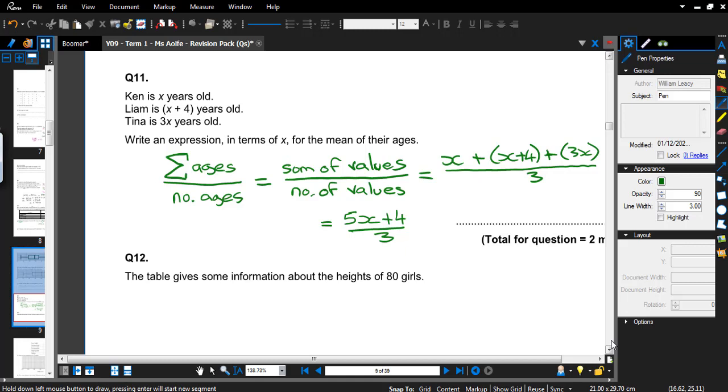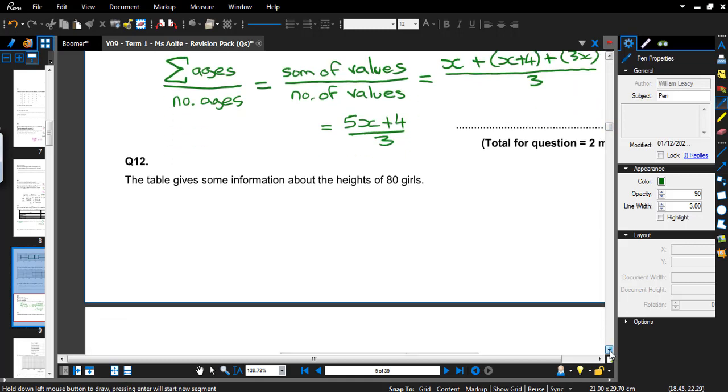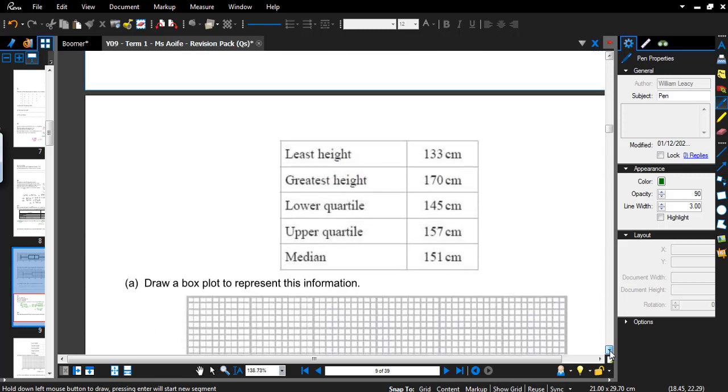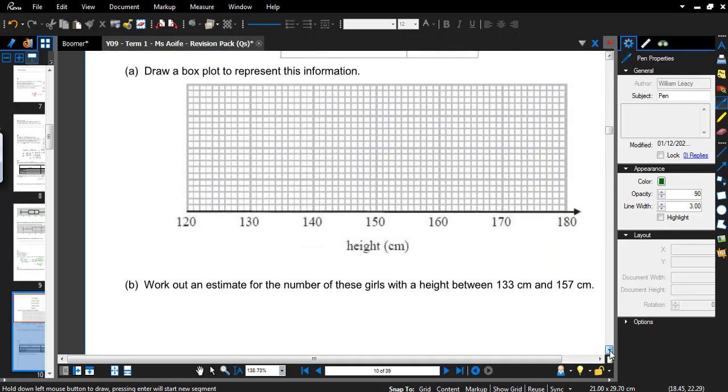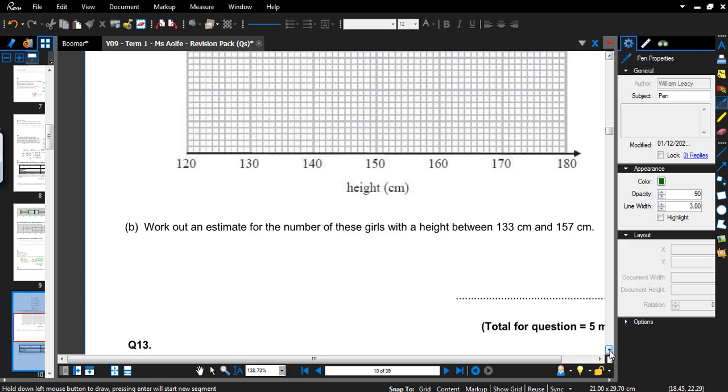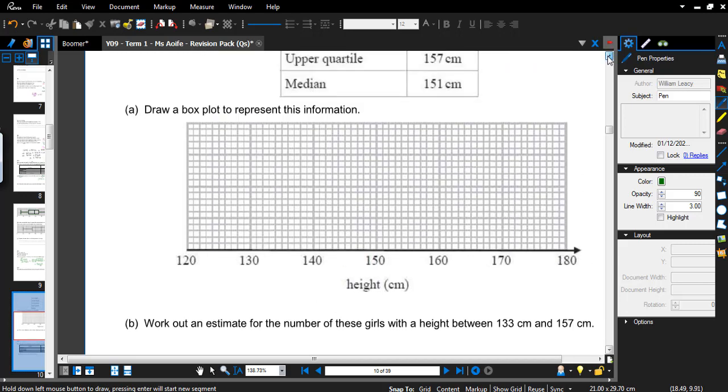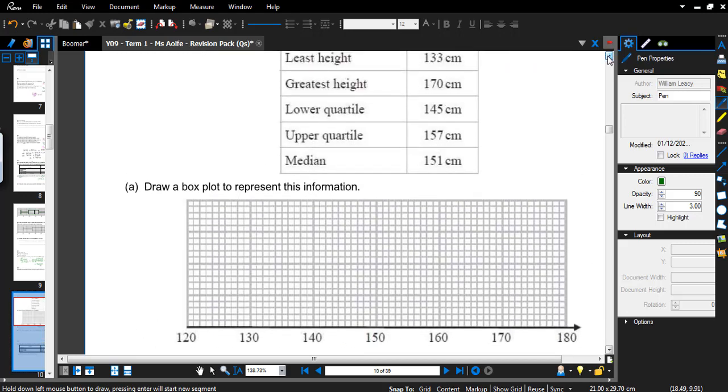12b. 12b or not 12b? That is not the question. Alrighty. Work out an estimate for the number of girls with a height between 133 and 157. I'm guessing that they are either the quartiles or the median. Oh, look at this. Of course, they are. So,